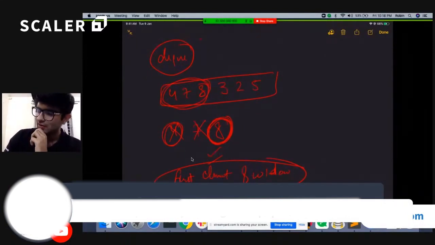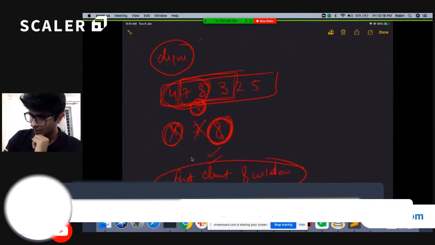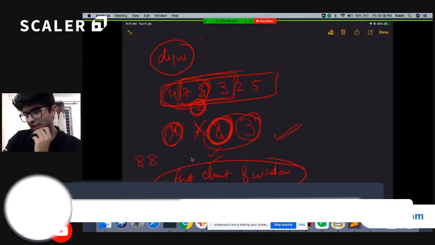Now if I want to consider the next window, it will be something like this. Let's see what the index of 8 is. The index of 8 is 2, but it belongs to the current window, so I do not need to remove that element. So I can just add 3 here, because it is lesser than this element and can be the answer for other windows. So I need to add 3. I just add 3 and the answer will again be 8. And similarly, if I do it that way, I will find the answer.